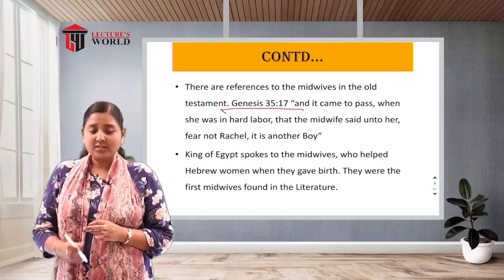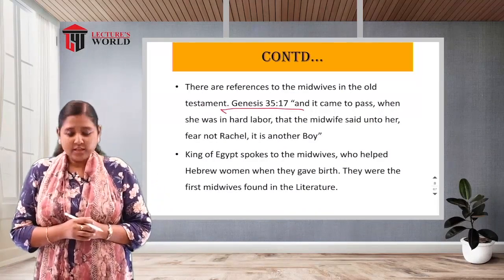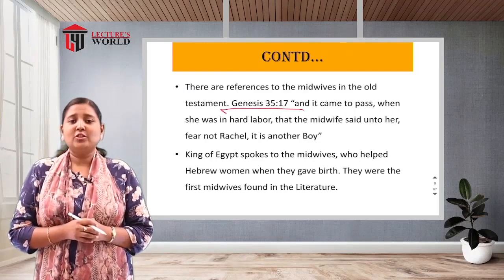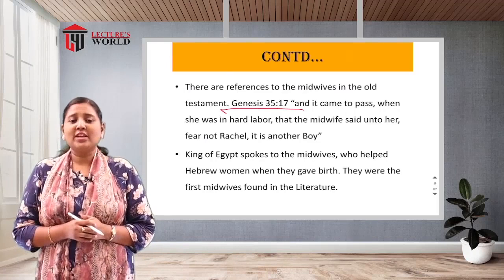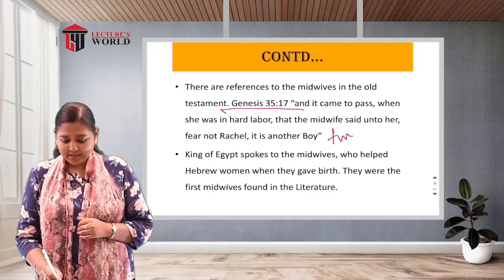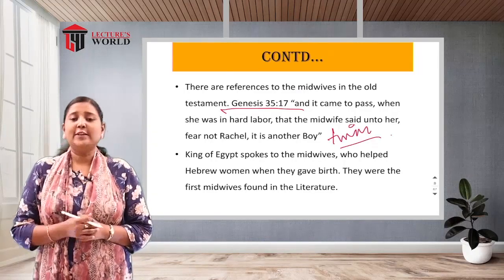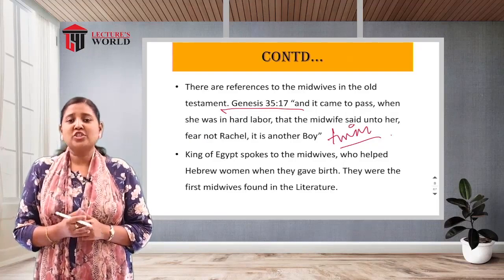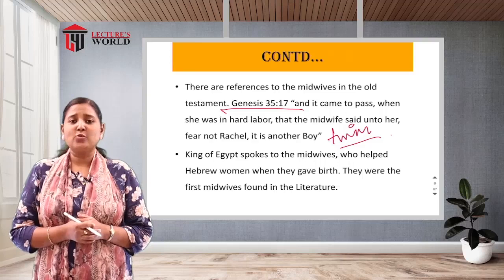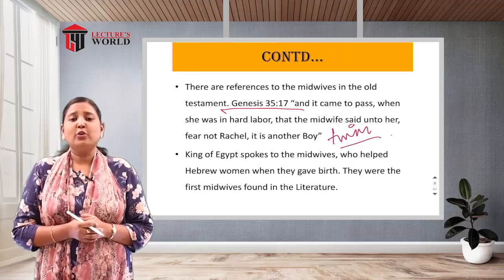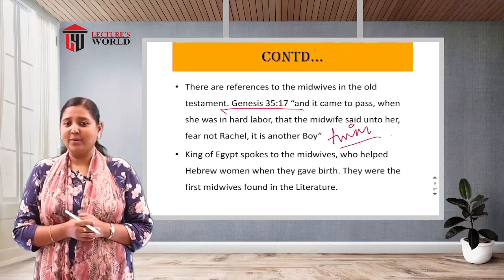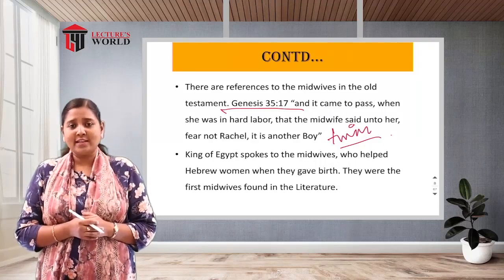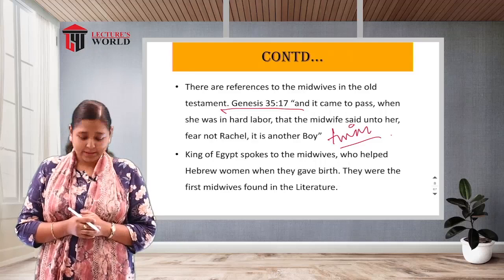You can see Genesis chapter 35, verse 17. There is a verse saying like this, for Rachel, you are having another baby. So there is evidence of a twin pregnancy here. Rachel had already delivered a baby boy, and again she got pain and was shouting in labor pain, and the one conducting the delivery told her, don't worry Rachel, there is another boy coming. So this shows evidence of multiple pregnancy and delivery during the ancient Holy Bible period.